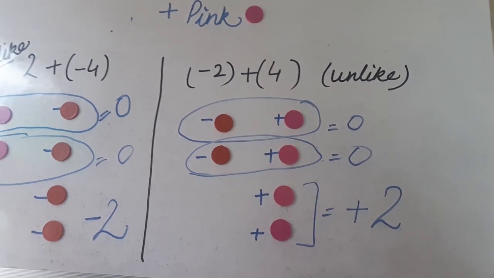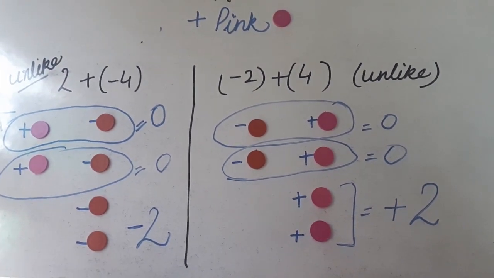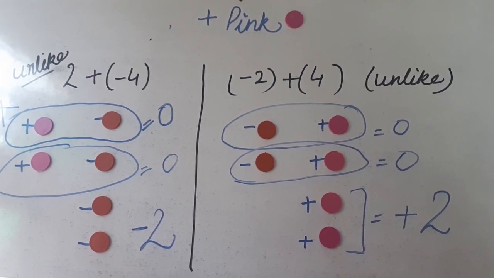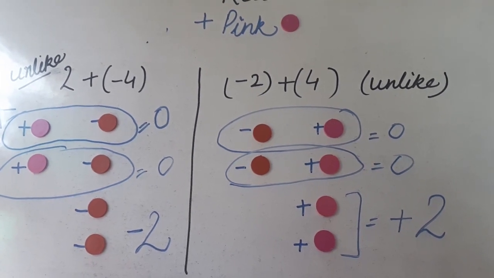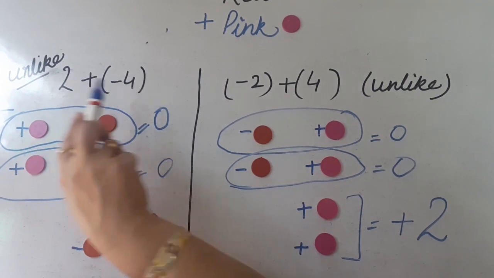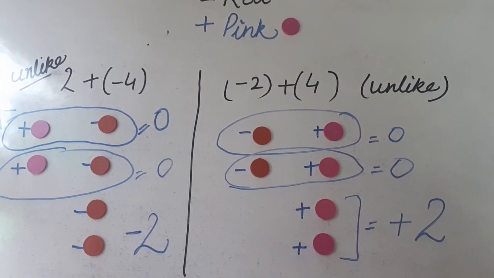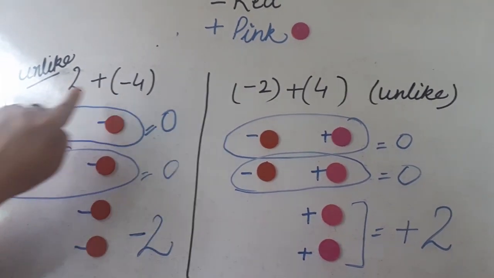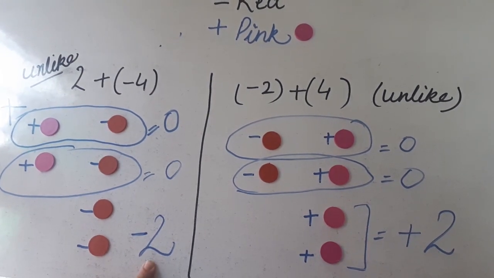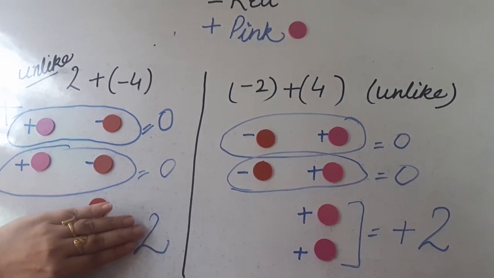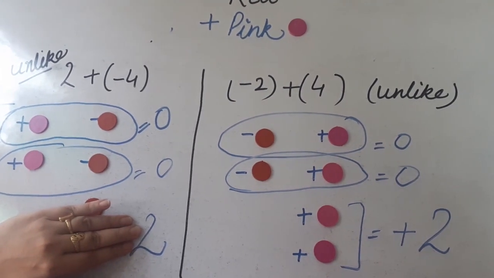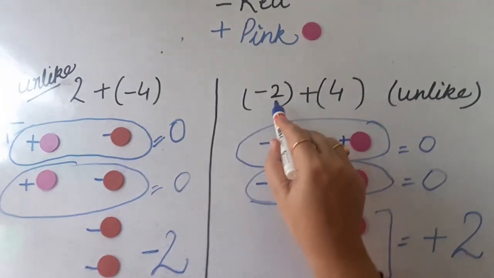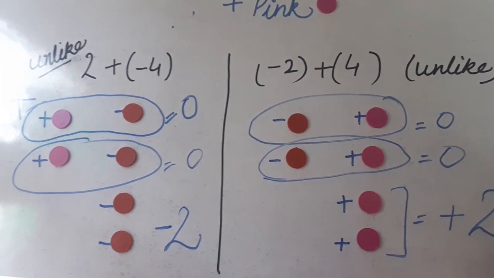So what are we doing here? In the last one we have done, whenever you have like integers, we will add the numbers. In this, observe the result. Whenever you have two unlike integers, you are going to subtract the integers. As you can see, 2 and minus 4. When you will subtract both, you are getting 2 with minus sign. We are just saying you have to subtract. Sign we will discuss later on. Just say 4 minus 2 is 2. And same here, both are unlike, you are going to subtract, answer is 2.